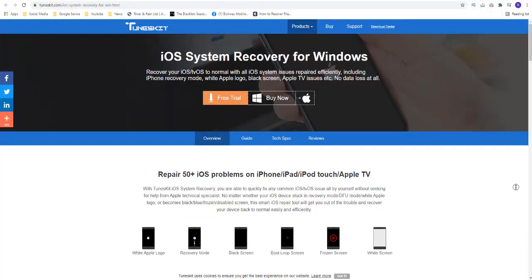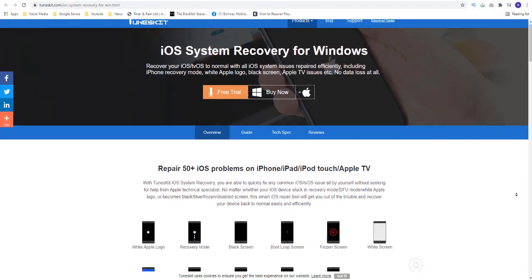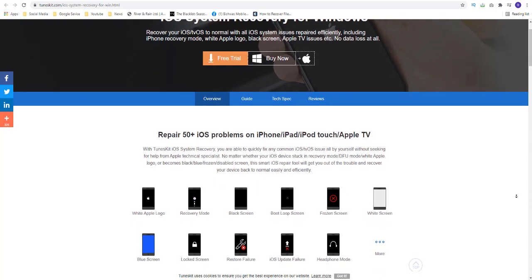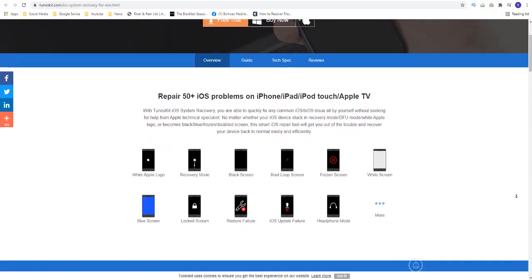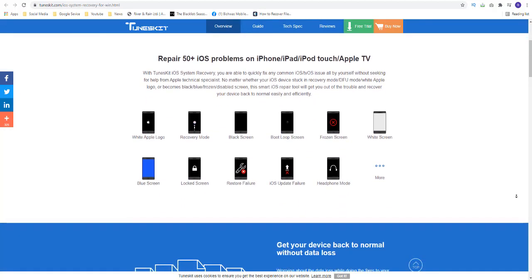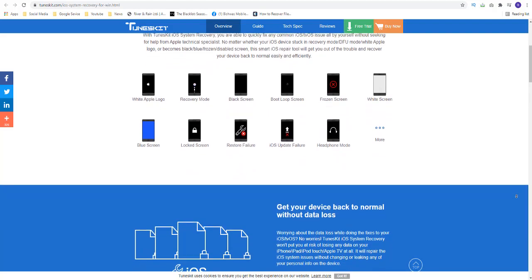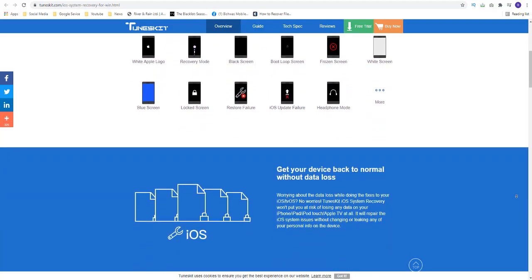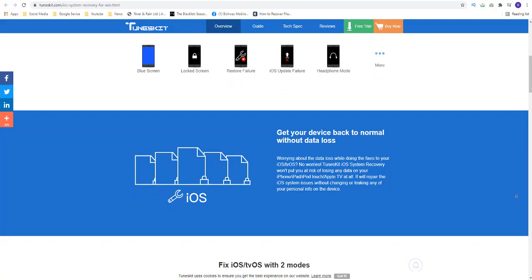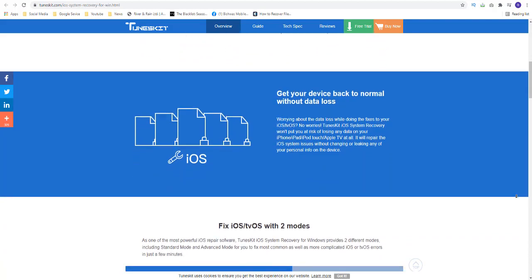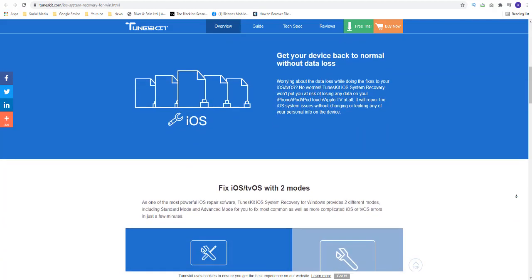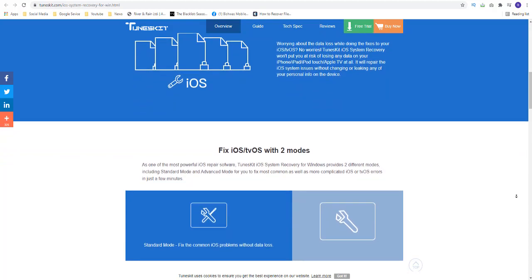The iOS doesn't really run into problems, but when it does, it makes you scratch your head. Of course, there's iTunes to back up, restore or update the iOS firmware and fix most of the issues. But let's face it, iTunes can be a real pain sometimes with its random errors like 3194, 1601, etc. On top of that, Apple has stuffed iTunes with so many features that it is hard for a newbie to